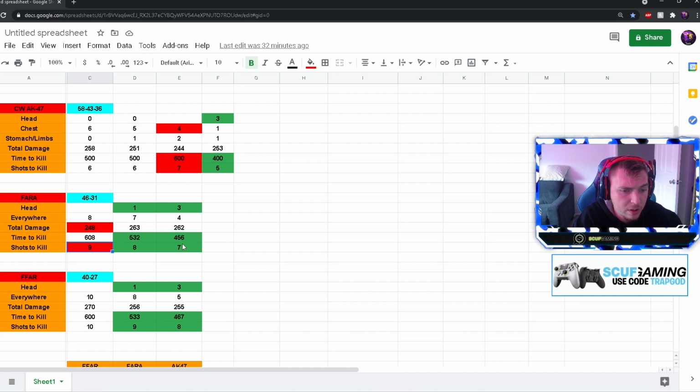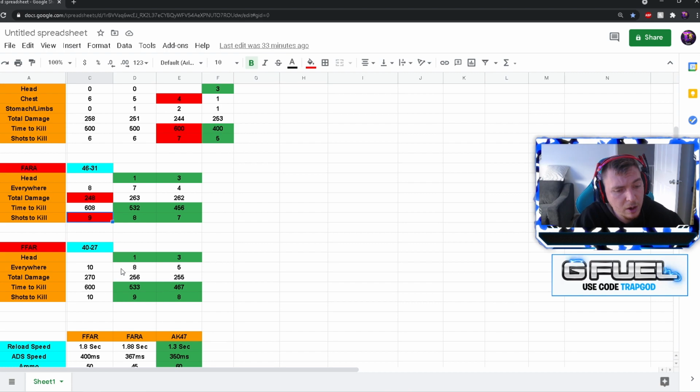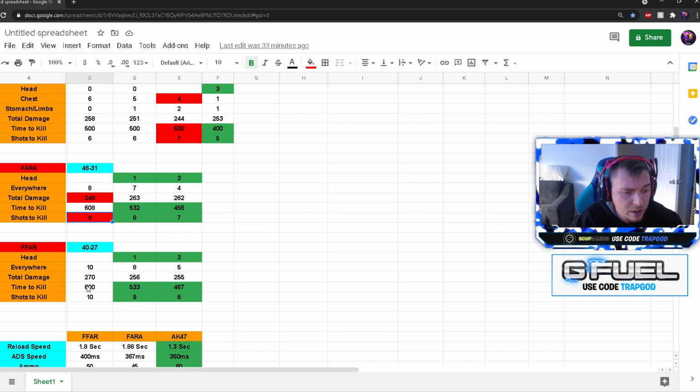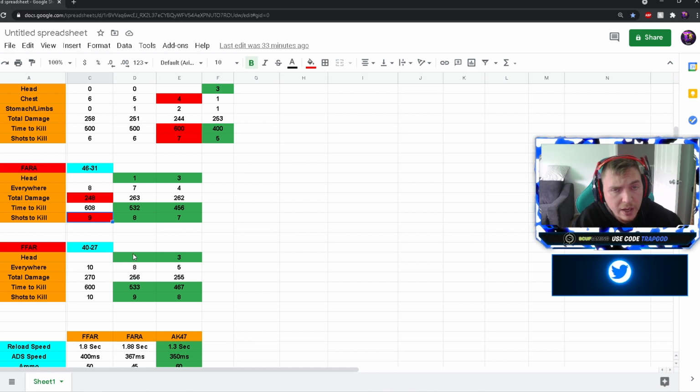And then to lower the time to kill down to 7 shots, which will make your time to kill pretty much godly, takes 3 headshots, same as the AK. With the FAR, same thing, 10 shots to kill. They pretty much tanked this gun and lowered the time to kill to 600 milliseconds, which is now average. Once again, all you need is 1 headshot to lower the time to kill from 10 shots down